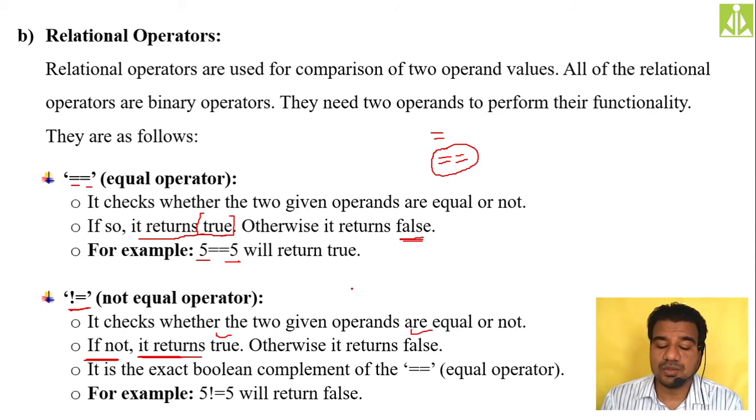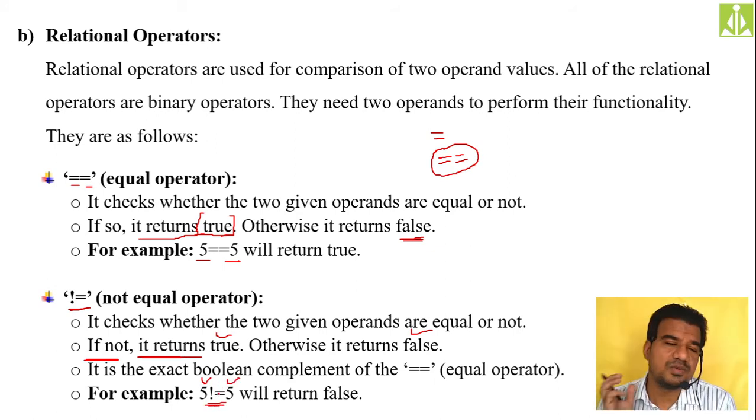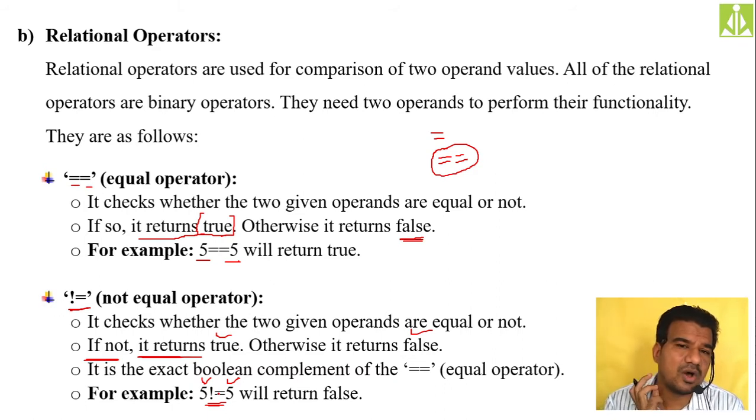Okay. So here what we are doing, we are doing the comparison again between the constant literal 5 and 5, and we are keeping the not equal symbol. Not equal means we are checking whether both the numbers are equal or not. So when you are using the not equal symbol, if both the constant literals are not equal, the operation will return true. As you can see here, these two things are equal, so the operation will return false over here. You can see the operation is returning boolean false.